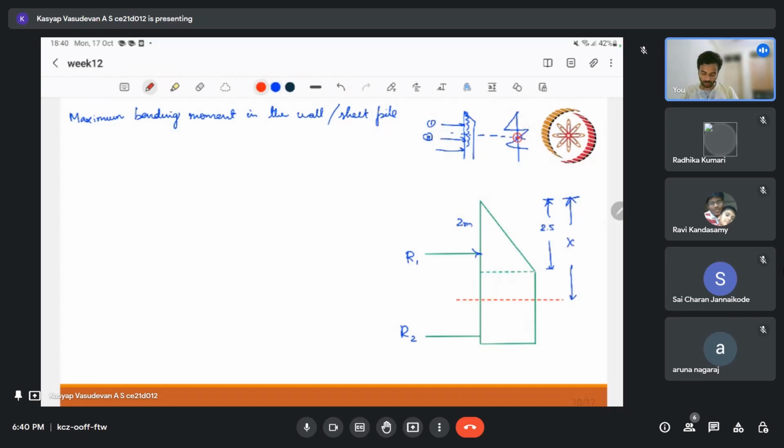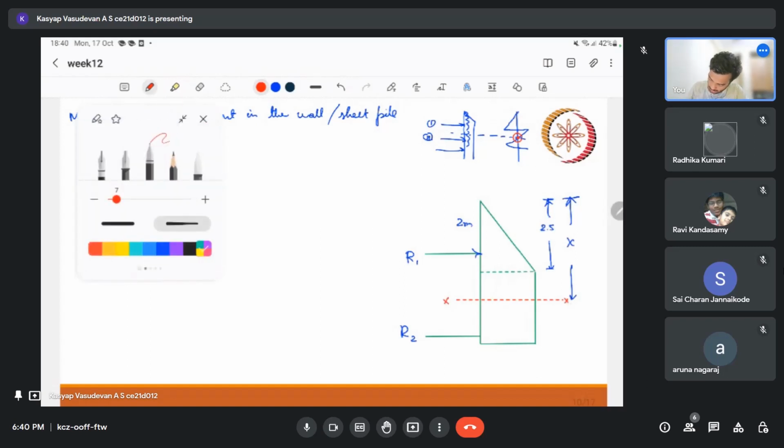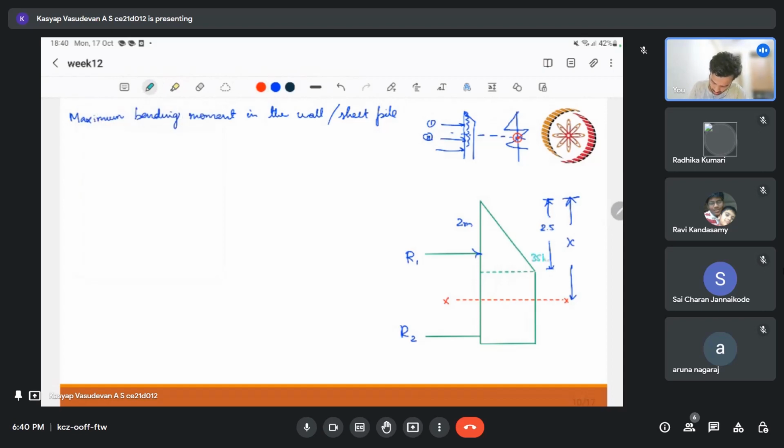So to locate that particular point, shear force is 0 at X, let us say at section X. So this is 35 kilonewton. At X, let us say shear force is 0. In that case we know that R1 is 85.07. So I can say 85.07 into,